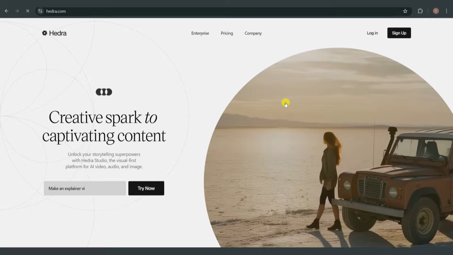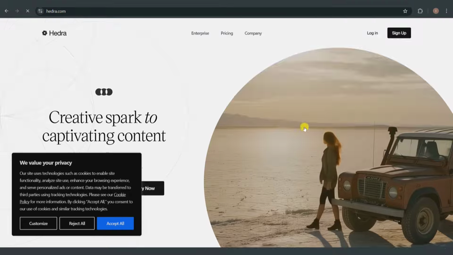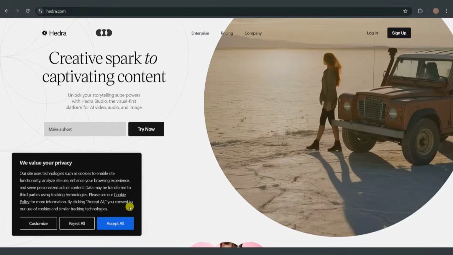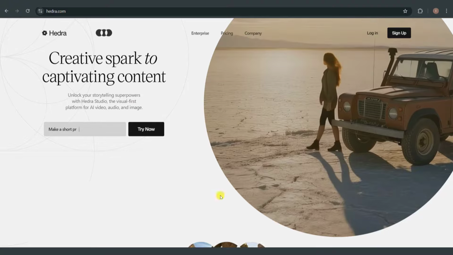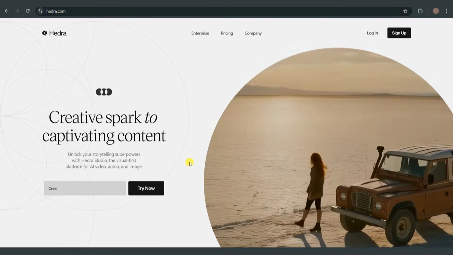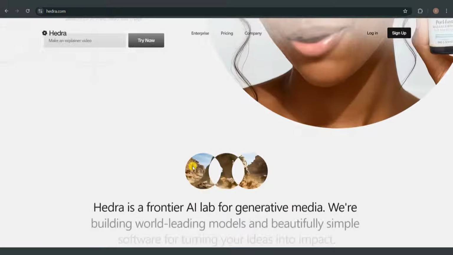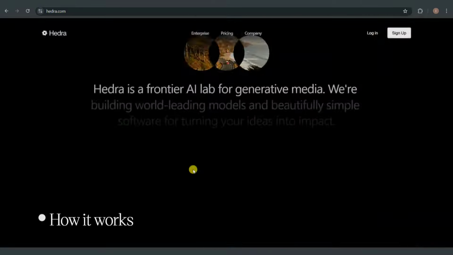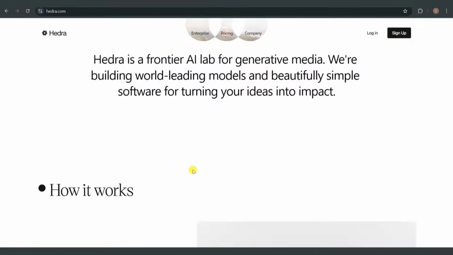How to use Hedra AI tutorial for beginners. Hedra AI is a platform that lets you create AI-powered talking videos by animating photos or avatars with realistic lip sync, voiceovers, and expressions. Beginners can start by uploading a photo, writing a script, and letting Hedra generate a video